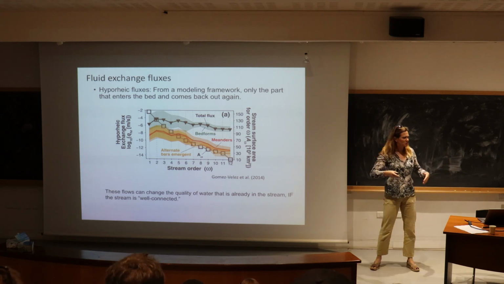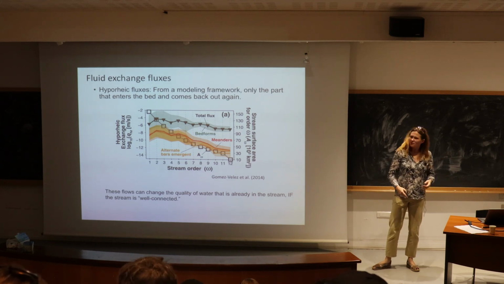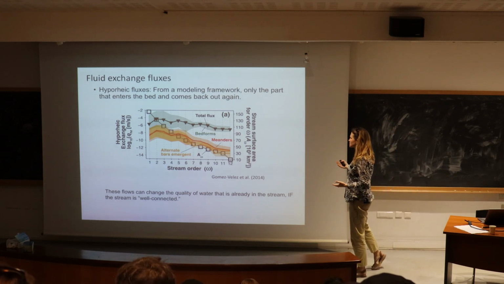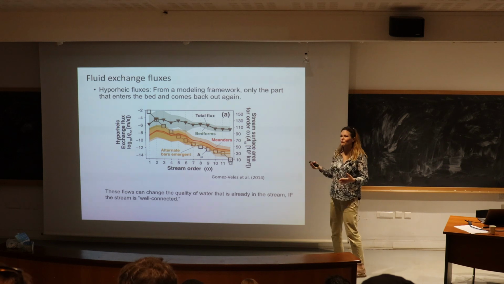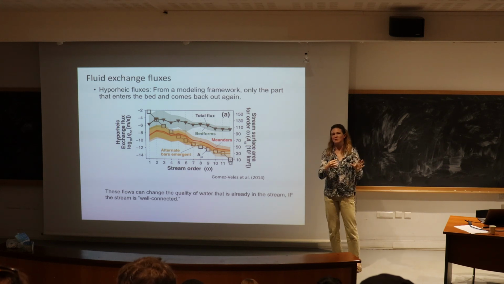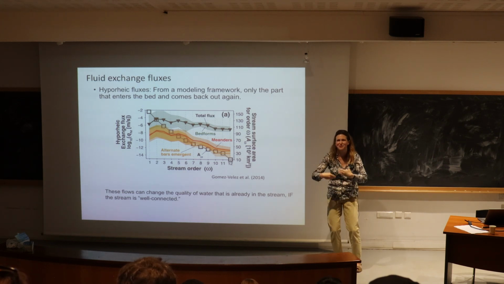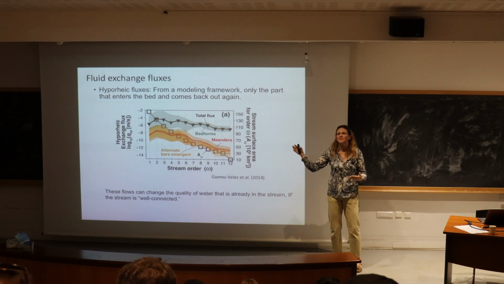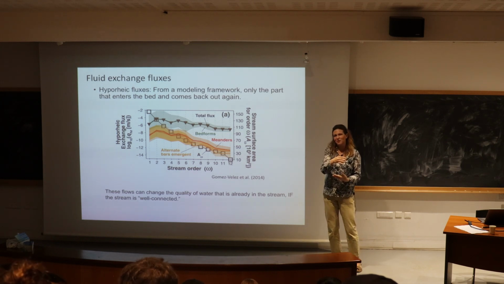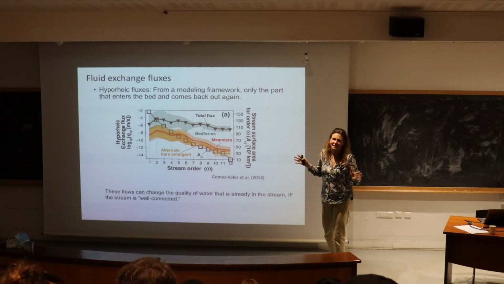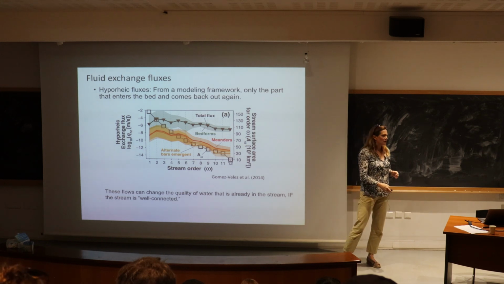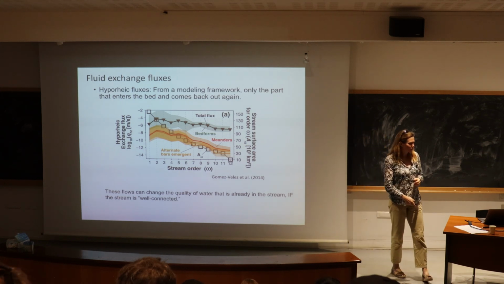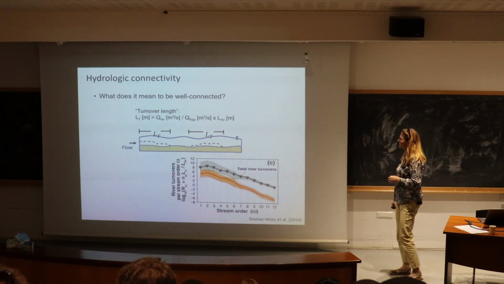So this is how much exchange is happening, but we really only care about this exchange relative to how much water is moving downstream, because you can have really fast exchange through the hyporheic zone, but if your downstream transport in the river is like a fire hose, it's not going to matter. And so we really want to think about more than just the exchange fluxes. We want to think about how well connected it is.